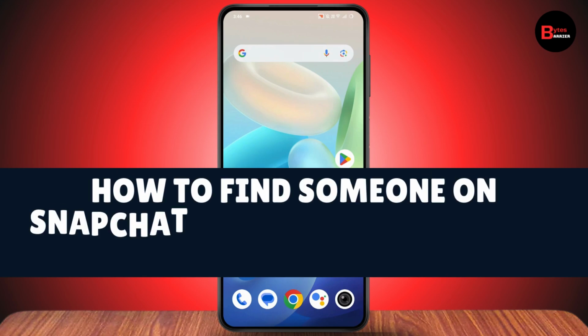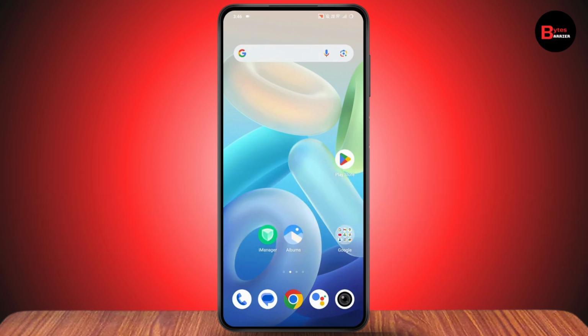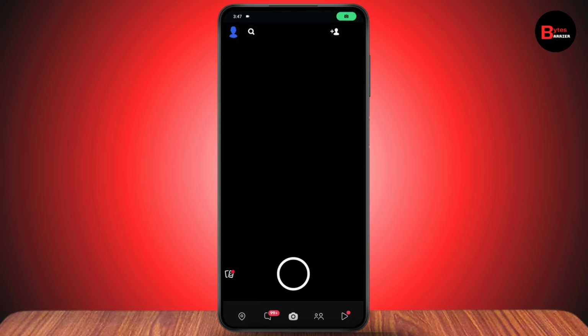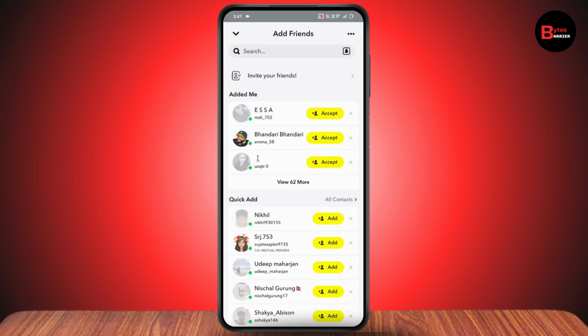How to find someone on Snapchat without username or number. So if you want to find someone on Snapchat without the username or number, then what you need to do is first simply open up your Snapchat, and after that go to the add section, which is on the top right. Now once you're on the add friends, here you need to go with the search, and